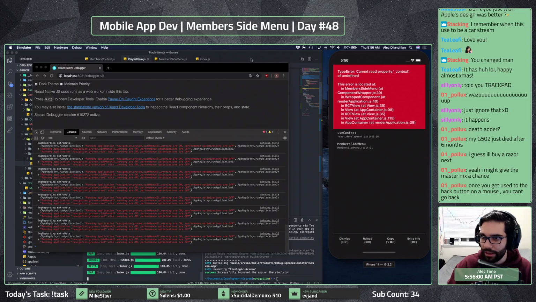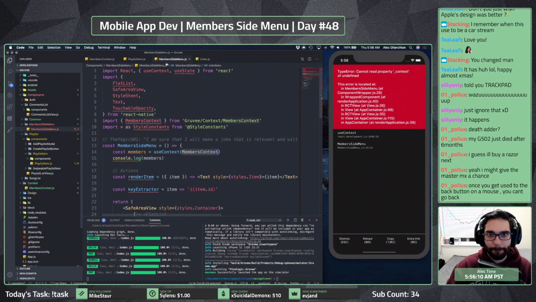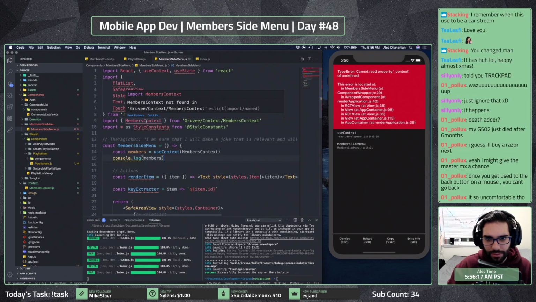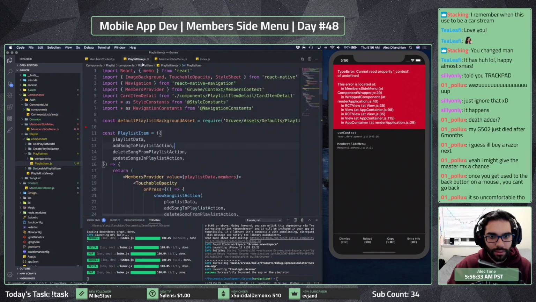Cannot read property context of undefined. Well then. In our side menu. Oh, it can't be found? Members context.